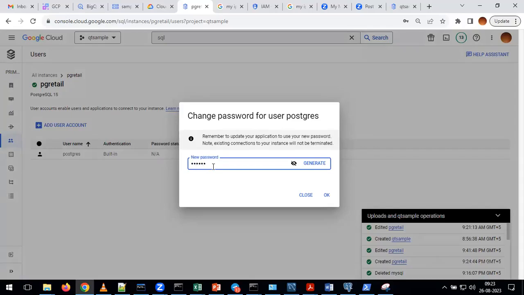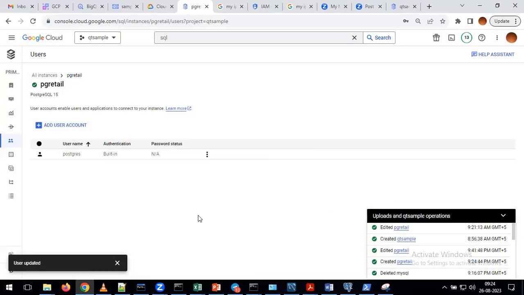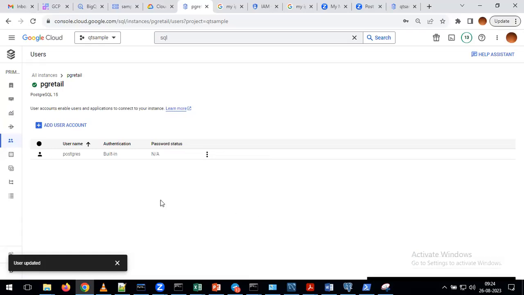As I told you earlier, please give the same password everywhere, then you won't get any confusion. Otherwise, you will get a lot of confusion. Give the password, click on OK.